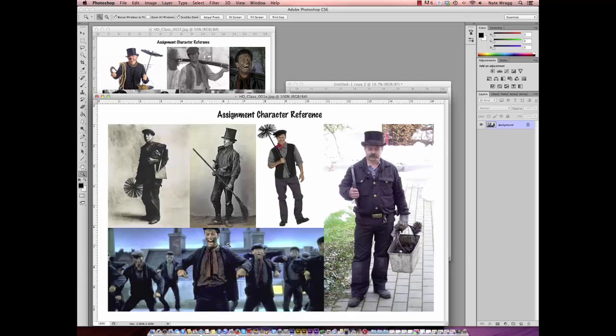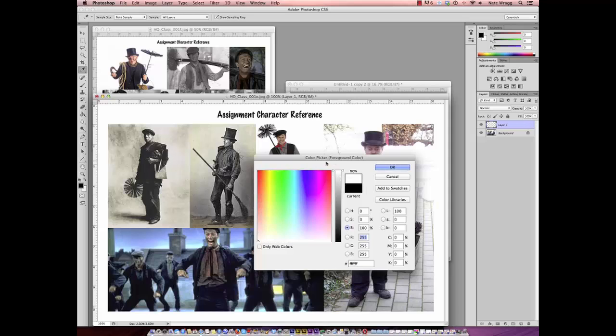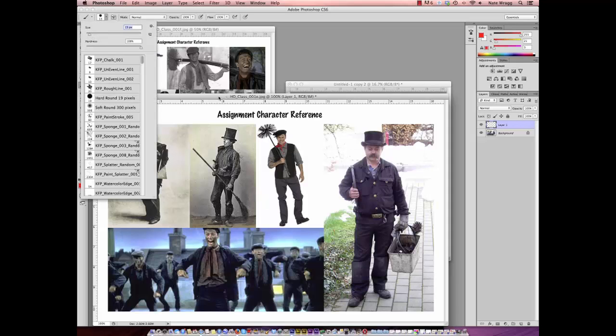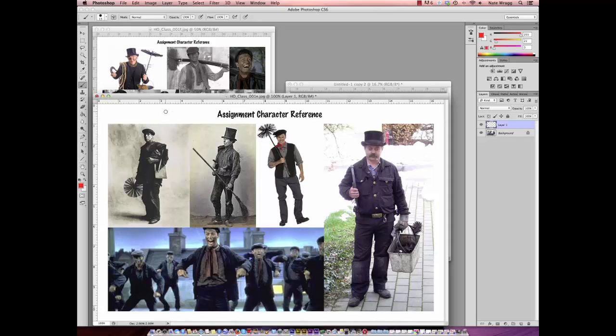Now, as you can see, I've gathered character reference over here. I'll walk you through a little bit of it, but basically, I just went ahead and Googled chimney sweep, went online, different websites, and tried to find some cool reference. I want to do something a little old-timey, not necessarily a current day chimney sweep, but I'm looking for different things. In different cases, the chimney sweep looks different, the hats look different. Obviously this one that I just drew over is a costume